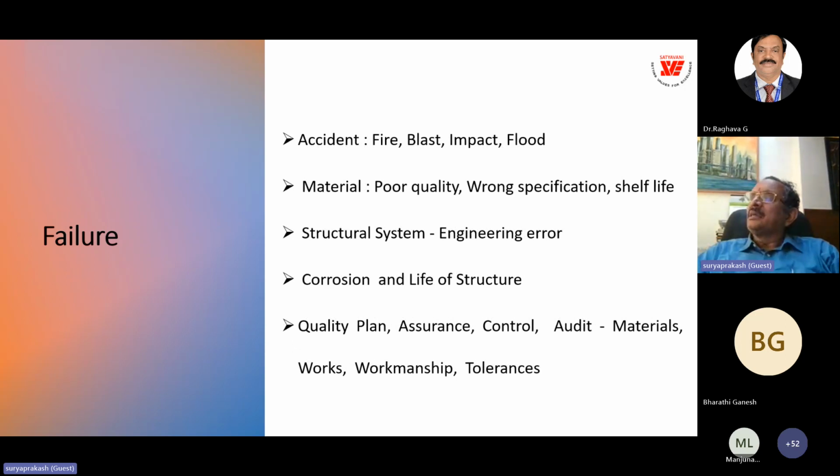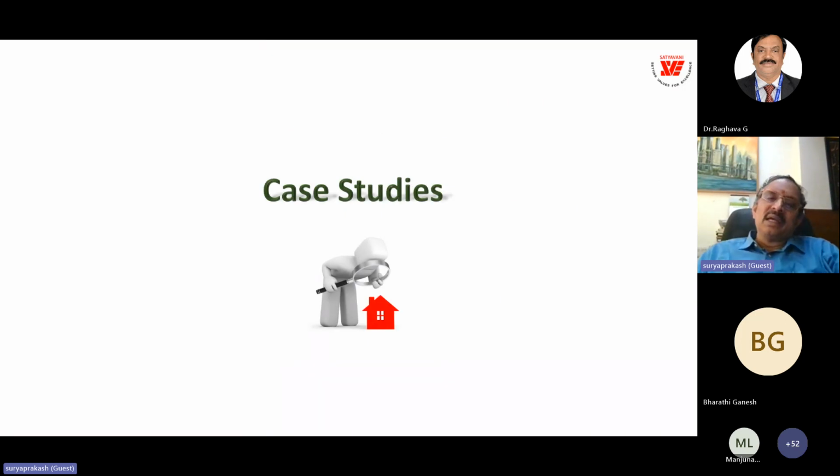And fire, blast, impact, and flooding, and materials, poor quality, wrong specification, shelf life, and structural system is always an engineering error. That means improper modeling of the structure. And then corrosion and life of structure, quality plan, quality assurance, quality control, quality audit, materials, works, and workmanship tolerance. So these are all the things which I'll be covering in my case studies now, which we are getting into